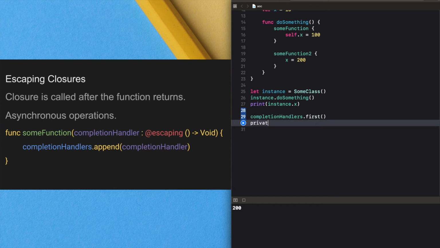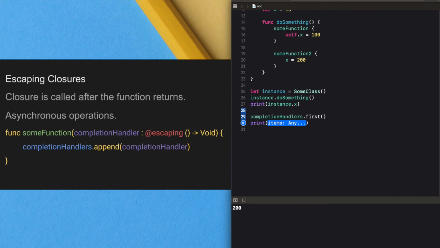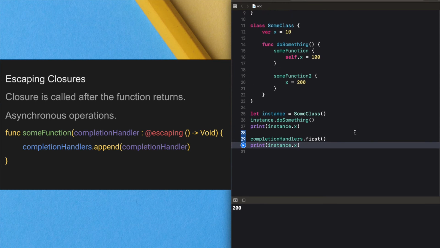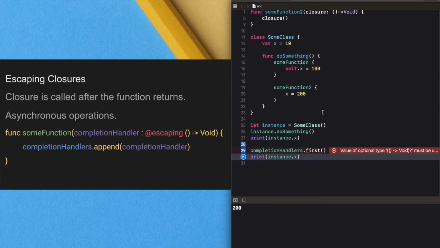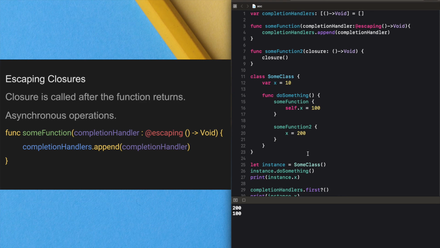And we're going to print instance dot x. The value will be 100. The value is an optional type, so we need to unwrap it. Then the value will be 100. Okay, this is how we can use escaping.